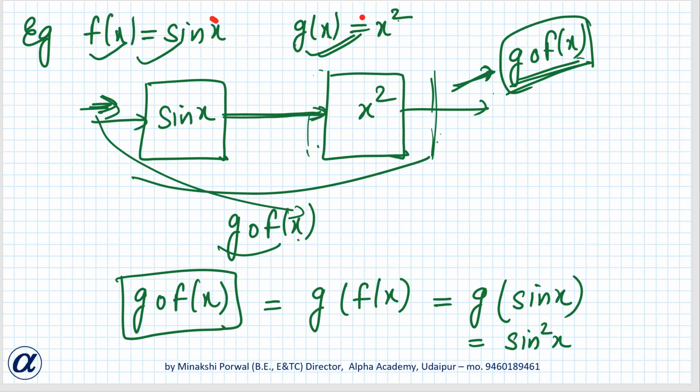This will come in detail, when g of f exists and when it does not. There is a small condition, but here you don't have to think in detail. We can just think that if sin x is continuous and x square is continuous, then the composition will also be continuous. Okay, so now coming to example 19,